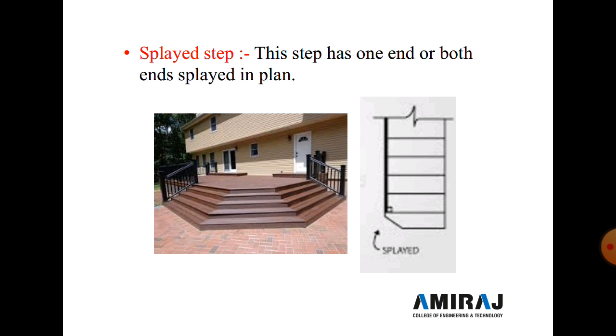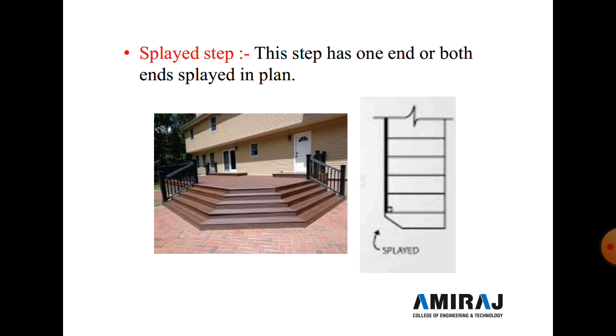This type of step has one end or both ends splayed in plan. A splayed step is generally provided at a main entrance, and in a residential building, inside the building, a splayed step is provided at the start of the steps, that is, the first step is a splayed step. In a splayed step, one corner is cut at a 45-degree angle,